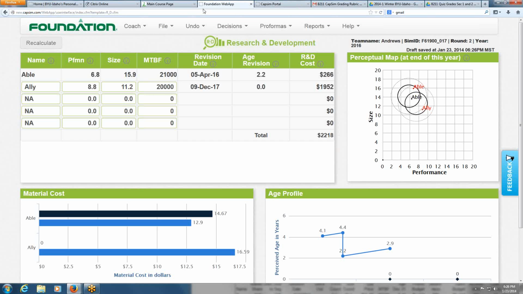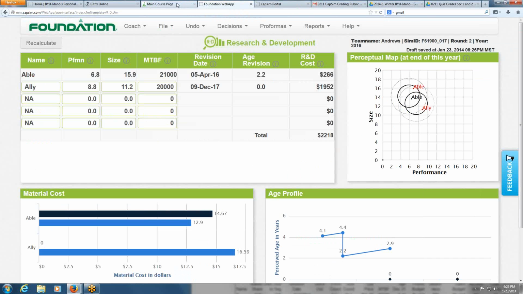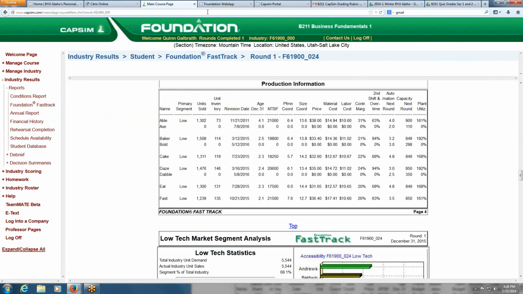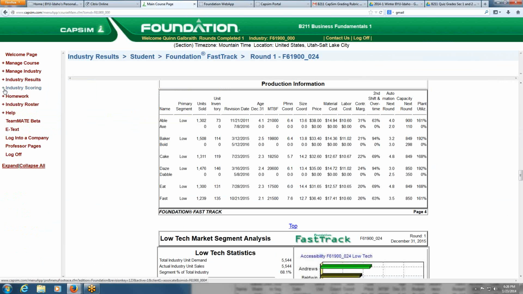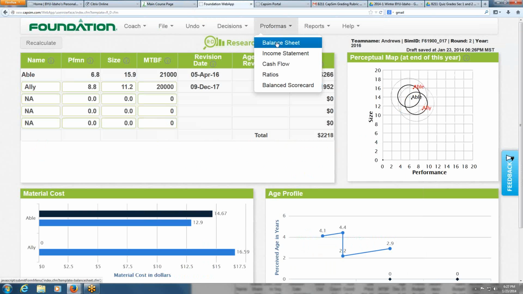Does that explain everything pretty well, Brother Gabreth? Yes, yes, it does. Thank you. Okay. Now, the performas, do you want to show us how you might use those? The reports are very helpful, and you've gone over those. But the performas, as you're in the round trying to make decisions, of course, are things that are in the future, right? Yep.